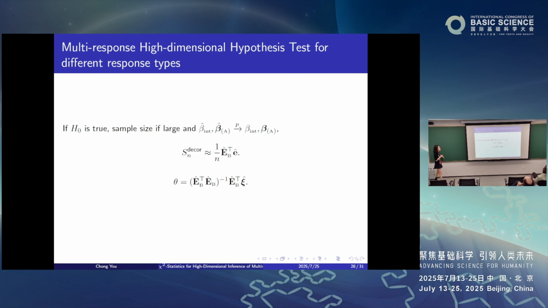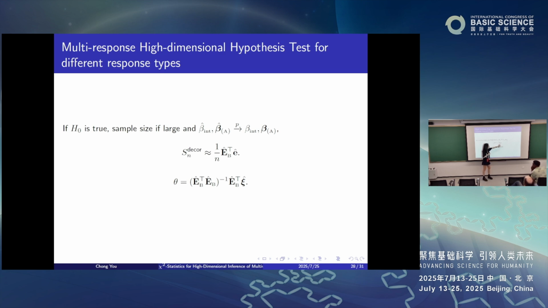So we prove that if, under the null hypothesis and with a large enough sample size, those two estimates are consistent, then the decorrelated score function equals this one here. This is basically because E hat has mean 0, it's a residual and must have 0 mean. Then these two are basically the correlation between those two residuals. Well, our theta here